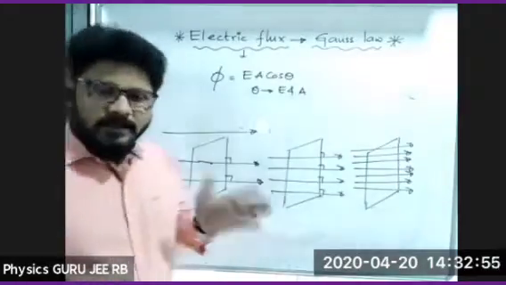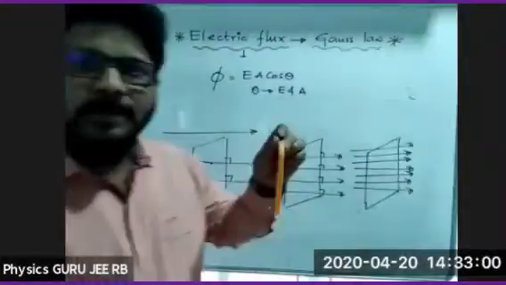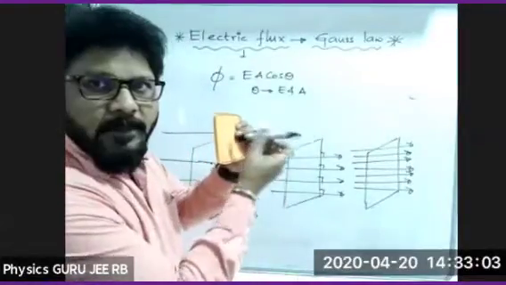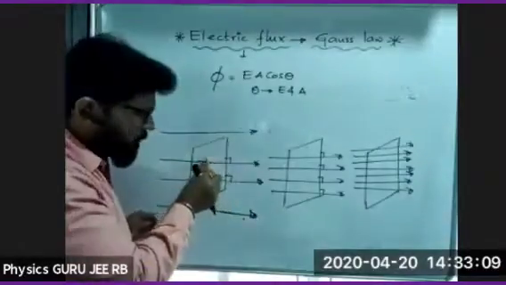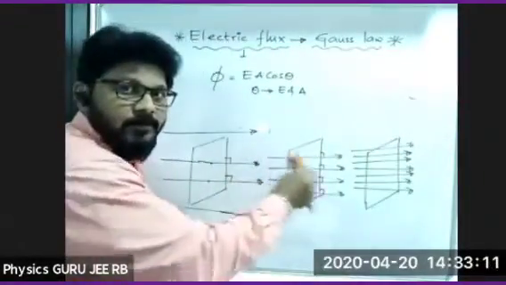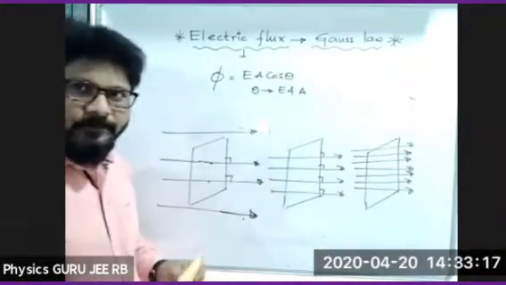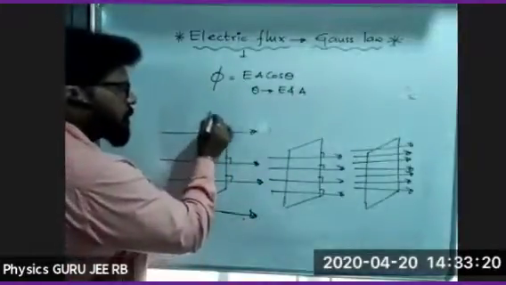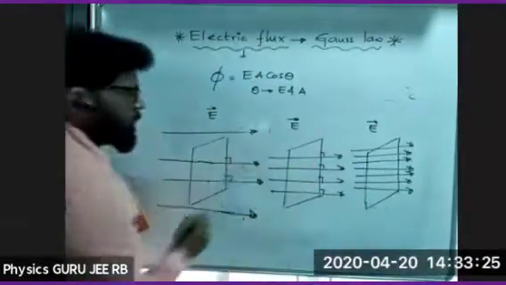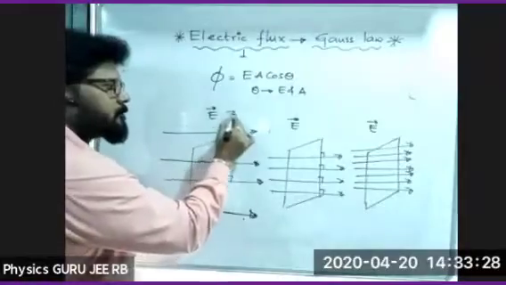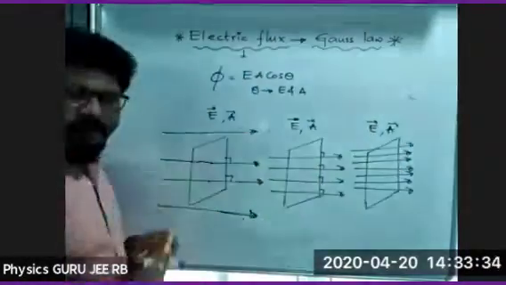Just now we discussed that if I take a plane surface, this is nothing but the unit normal vector. So electric lines are passing like this. This is the diagram. Here also the diagram is like this, 1, 2, 3 electric lines are passing. Can you tell me what is the direction of area with respect to electric lines of force? Here are the electric lines of force and the area vector. If I take it as area, can you tell me what is the angle between the area vector and the electric field? Anybody?